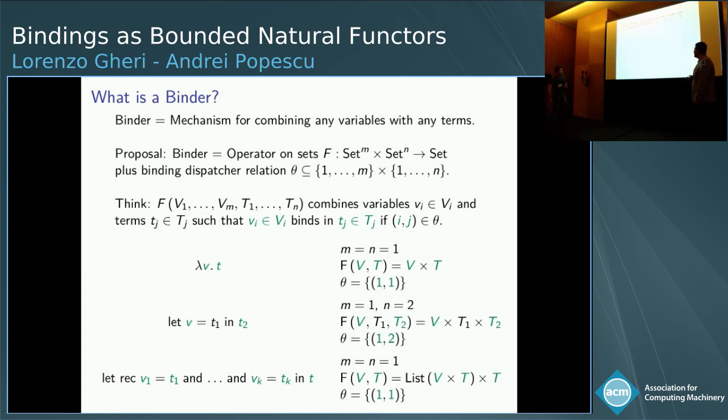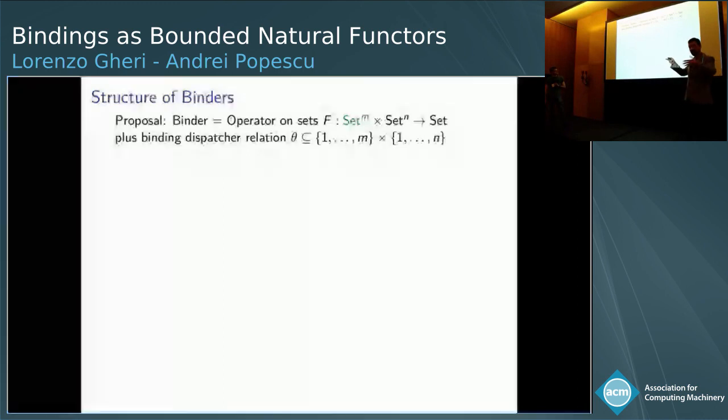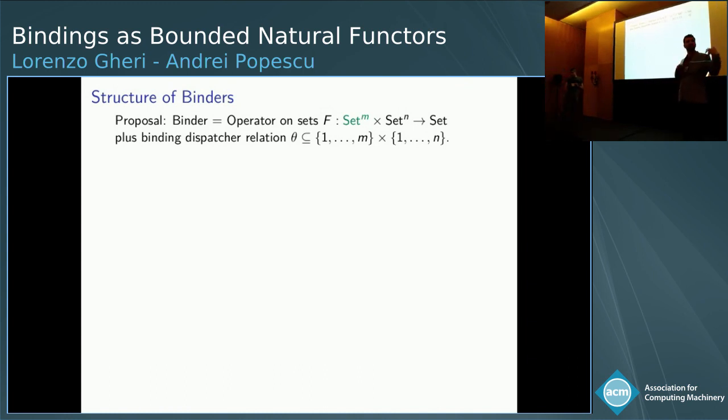Okay, so this proposal is nice. This is very general, but it feels a bit vacuous. It is a little bit like saying, well, it's quite general because this arbitrary operator on sets can combine arbitrary shapes like lists and bags and trees and whatnot. But it's a bit vacuous in the sense it's a bit like saying that a binder is a thing, which is true and is very general. But how does it help us? We need a workable version of binder where we could, in principle, construct concrete terms.